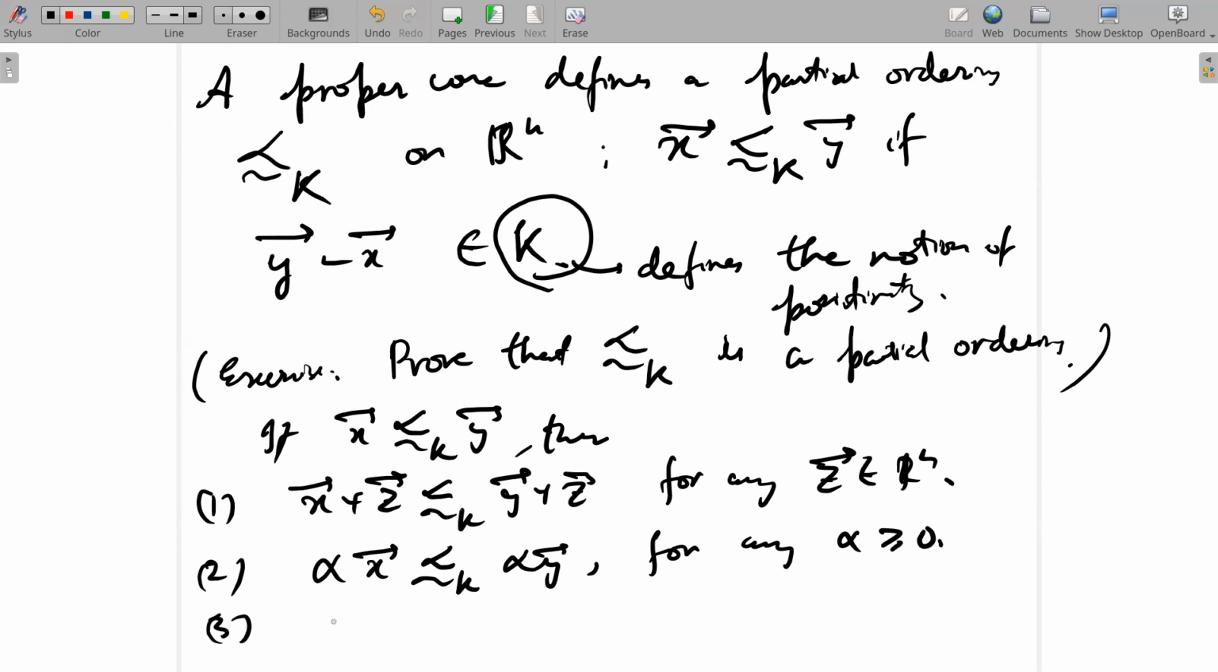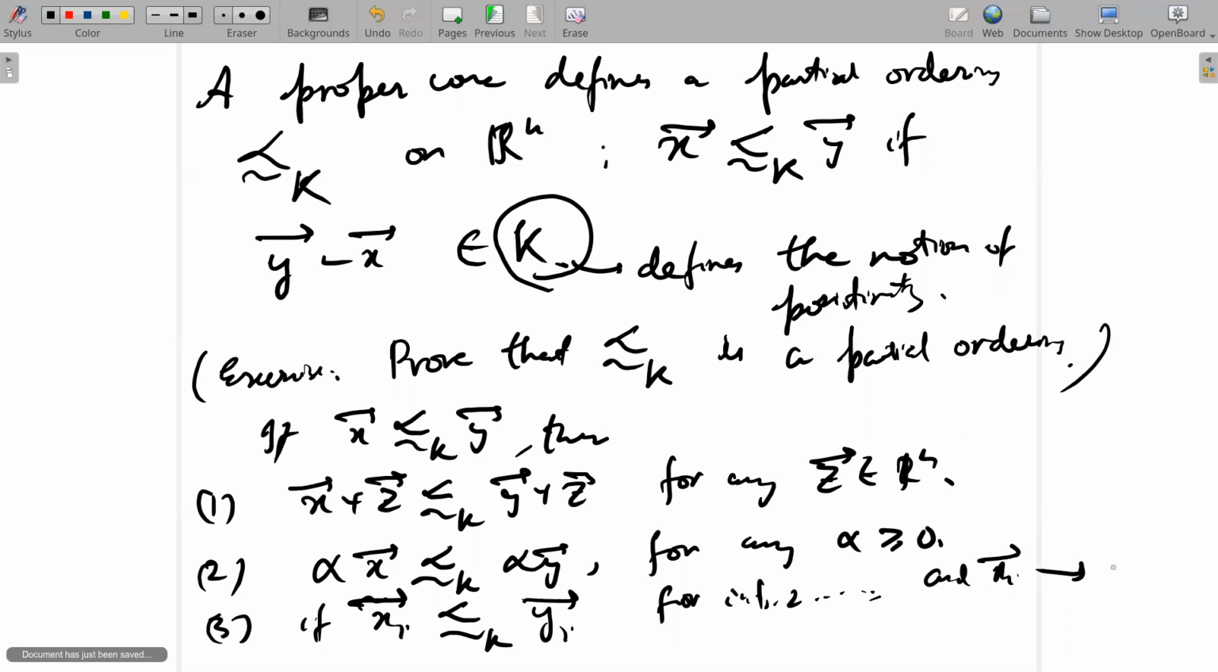And 3, if xi, there is a sequence of vectors which I already mentioned. If this is true for i equals 1, 2, and so on, and these vectors xi tend to the vector x, and you can just assume that you are using the Euclidean norm now. Whenever I talk about the metric space structure of Rn, I'll typically use the standard Euclidean norm. So no confusions there. And let's say yi goes to y, then